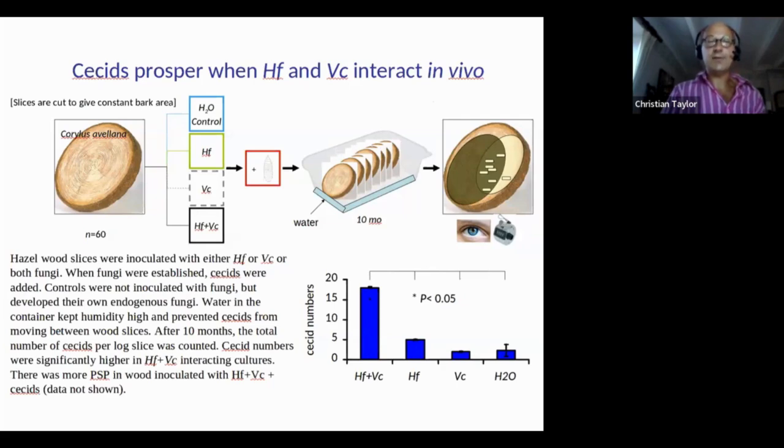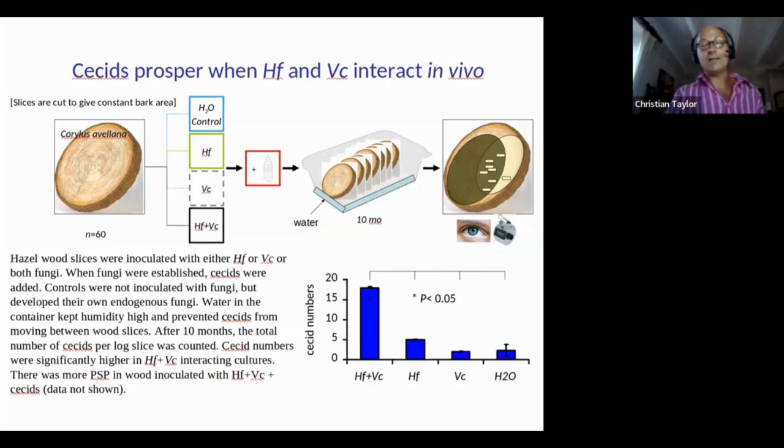So I created these pieces of wood that were inoculated by the different treatments. So we've got a control, we've got Hypoxylon fuscum, an ascomycete, on its own, Vuilleminia comedens, and then the key one is the interactive one, HF plus VC, so that's Hypoxylon fuscum plus Vuilleminia comedens. And then the key point is to add the cecids. So the same number of cecids were added to each of these